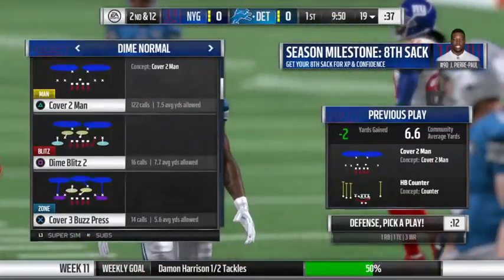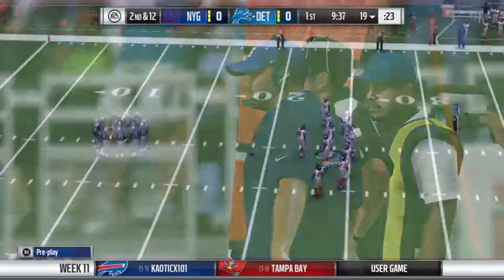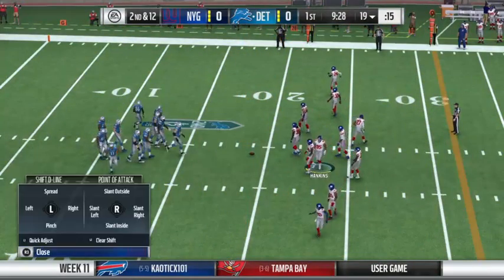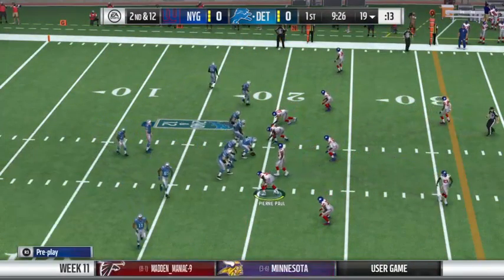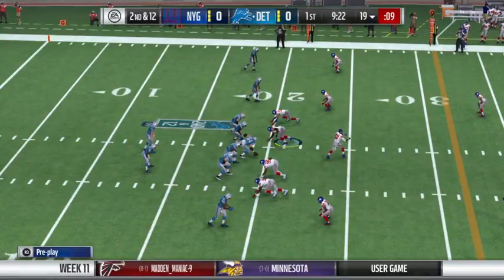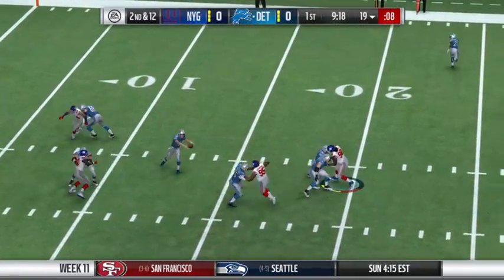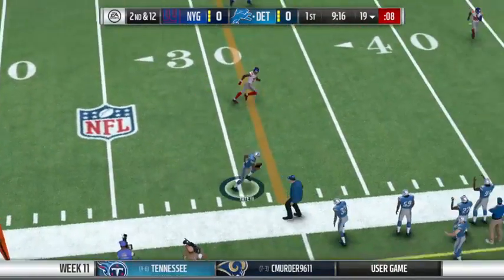So the Lions go backwards there, and unfortunately that's something they saw a lot in 2015. They had the fewest rushing yards of any team in the NFL. And it's one of those dubious titles that no one really wants to claim. Even teams who say, well, don't worry about running it because we throw it all the time. Being able to run it when you want to is a key to success in the NFL, and Detroit struggled